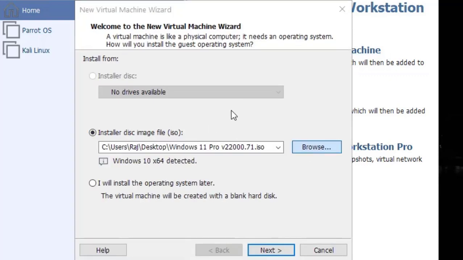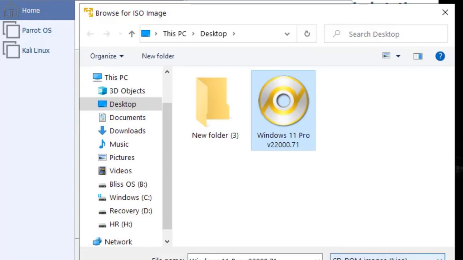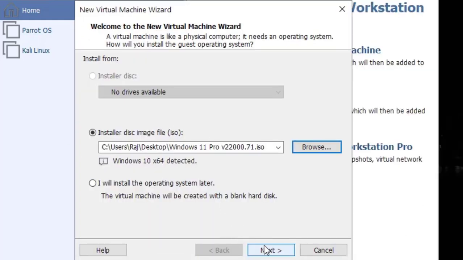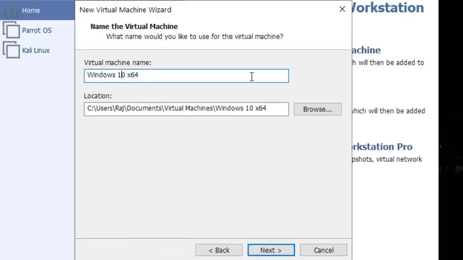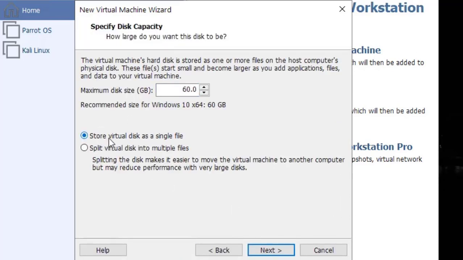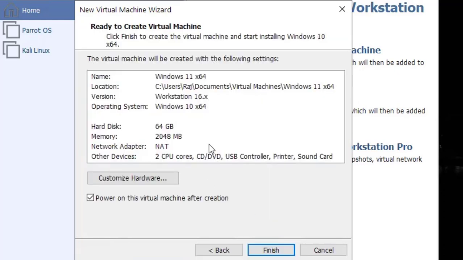Now click on create new virtual machine and select browse, and in there select the ISO file that you have downloaded and click on next. Next, you need to give a name for the machine, so I'm entering Windows 11 as the name. Once you're good, you can select a location, and next you need to select a disk size. You can just enter the values that I'm entering here. Go ahead and click on next